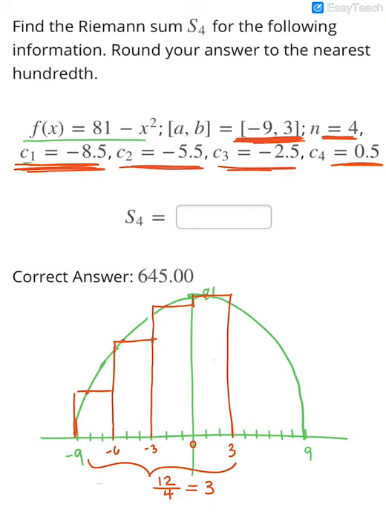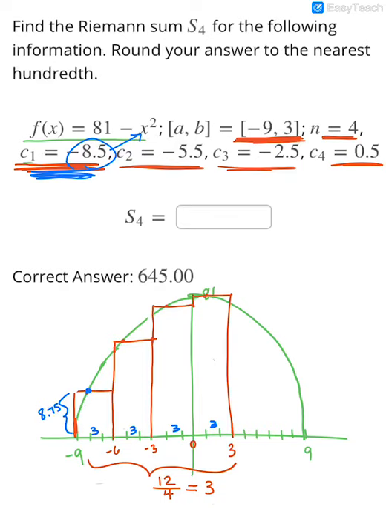Again, you're going to do just like you did on the previous and find the area of each rectangle. So the base of each rectangle is 3. And in order to find the height, I'm going to have to actually take these values where it's hitting the graph and plug each of those values into the original function. So with a calculator, I'm going to say what is 81 minus a -8.5 squared, and that would give me a height of 8.75, okay, because that's where the y value would be